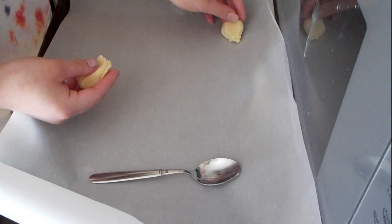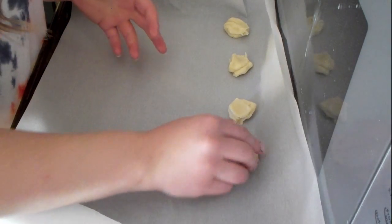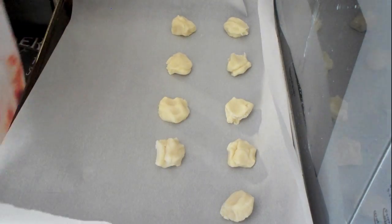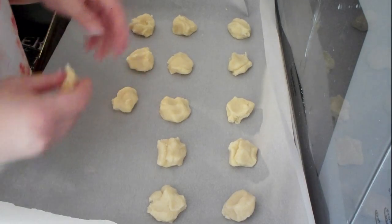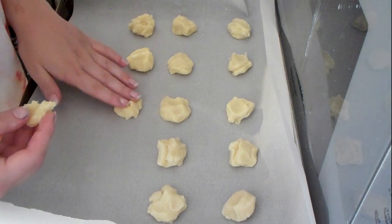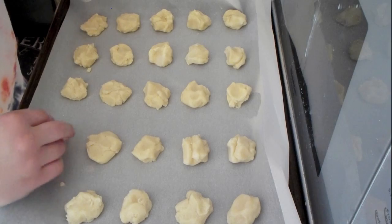Once you are finally done mixing all of your stuff together, then take tablespoonful or so size clumps of the dough and put it on a cookie sheet. Keep them about an inch or so apart, or however far apart your cookie mix says to do. When you are done putting them on the cookie sheet, put them in the oven for however long your mix